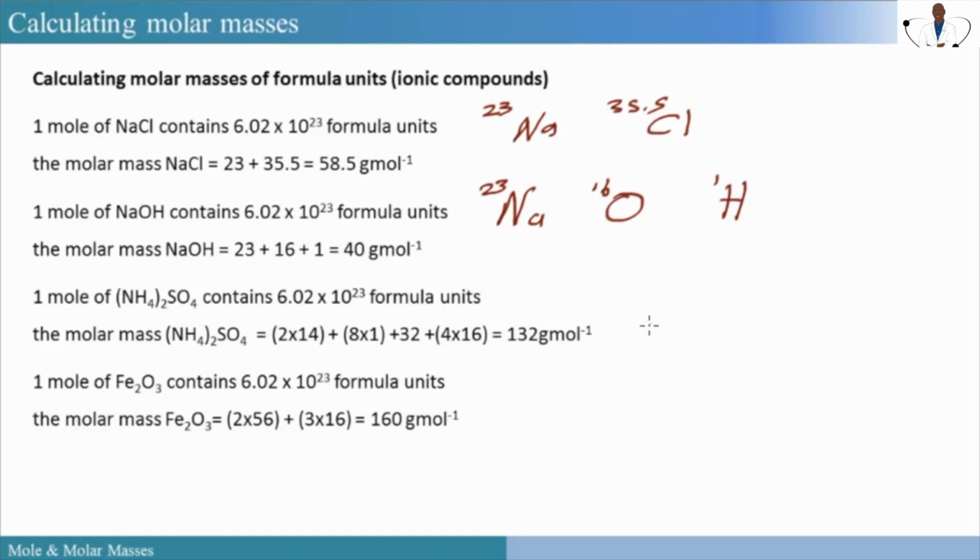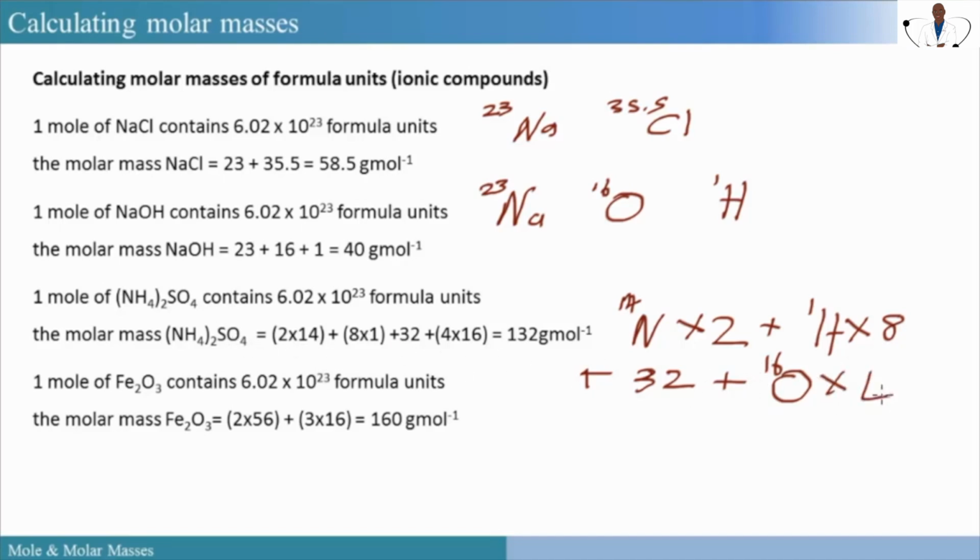Now, it is nitrogen, which is 14, but we have 2 of them. We have hydrogen, which is 1, but we have 2 4s, 8 of them, plus sulfur, which is 32, and oxygen, which is 16, but we have 4 of them. So we would multiply 2 by the mass number of nitrogen, which is 14, plus 8 times the mass number of hydrogen, which is 1,